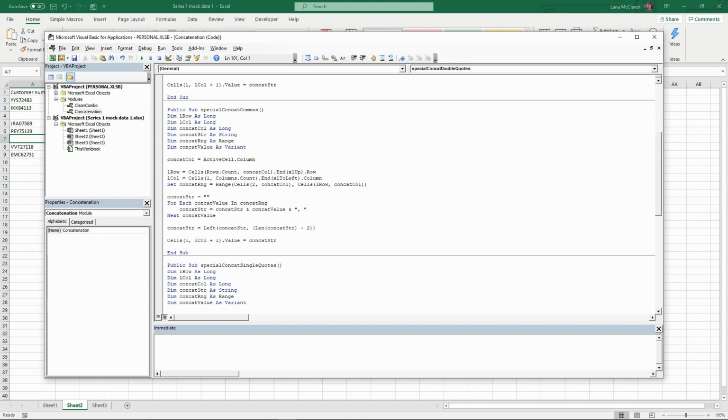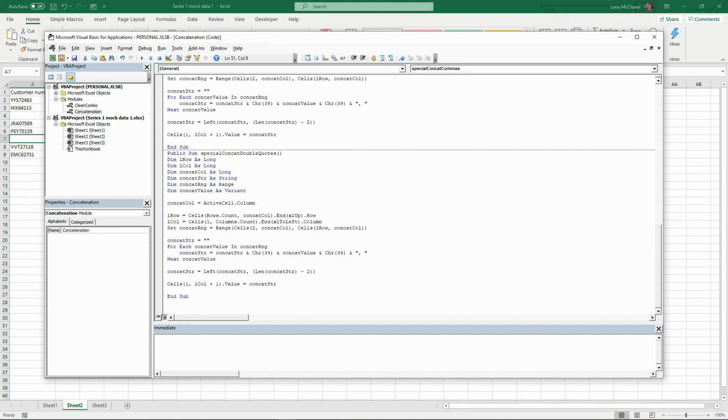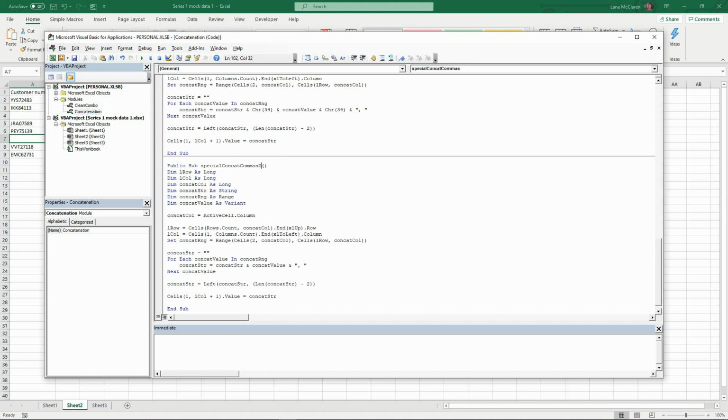In the VBA, we're going to use our special concat commas macro. We'll copy that over and rename. And we're going to go into the for each loop, and before we concatenate the values, we will check if the cell is blank. And we'll do this by using an if statement. If the concat value is not blank, we will proceed with the concatenation process. And here we will end our if